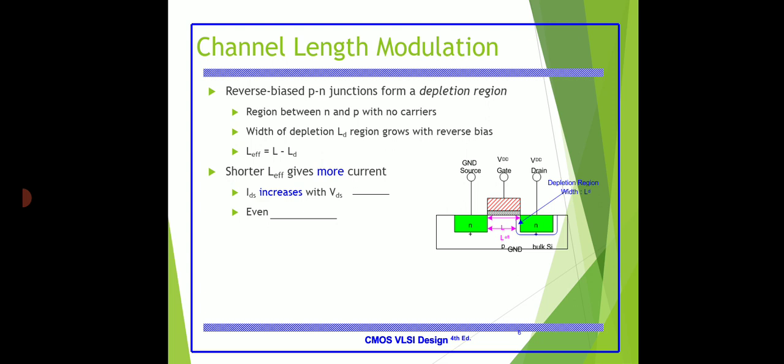The region between the N and the P will have no carriers and the width will grow with respect to this reverse bias. And the next one is